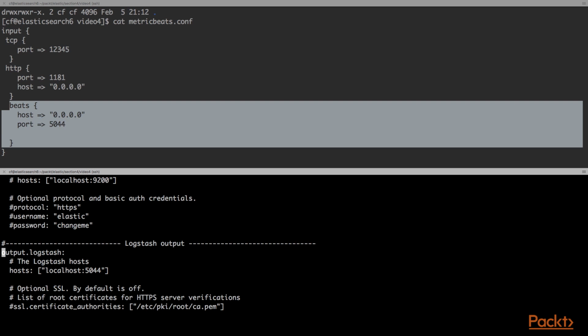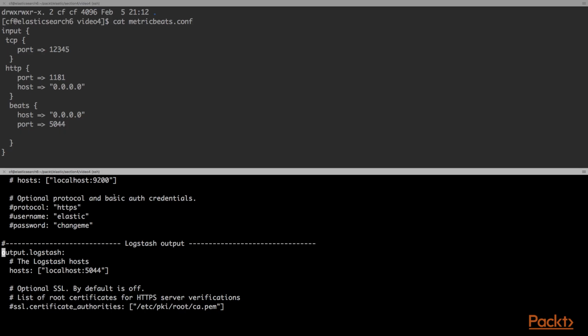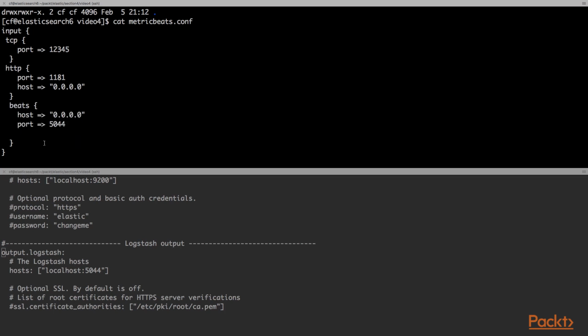So it doesn't really matter which Beats config file we're using or which Beats application we're using. As long as we're using the Beats protocol, we can send data to Logstash without Logstash having to care. I don't have to tell Logstash that this is a metric beat application. I can just tell Logstash with this input configuration that it is some application that's going to send me data